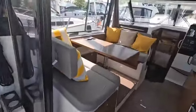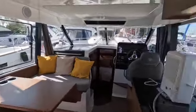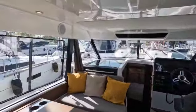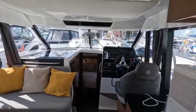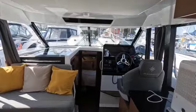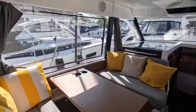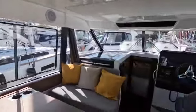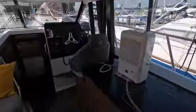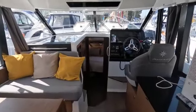If we step on board, we come through to the saloon area. Now, one of the big advantages on the Merry Fishers is that all your living area, the area you're going to spend most of the time, apart from when you're staying on board and sleeping overnight, is all on the same level as eye level of the marina. If you go for the sports boat style, then you've got more outside space, but then you're straight down into the boat at the water level